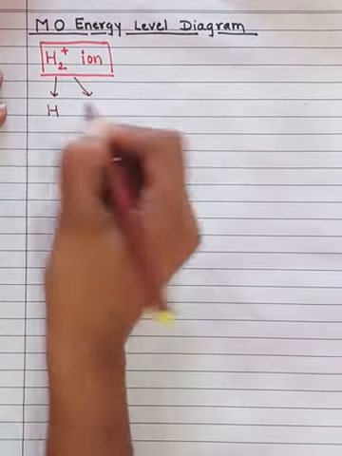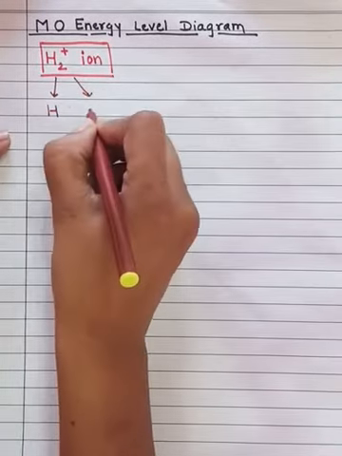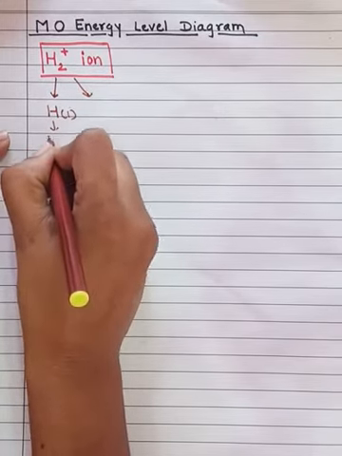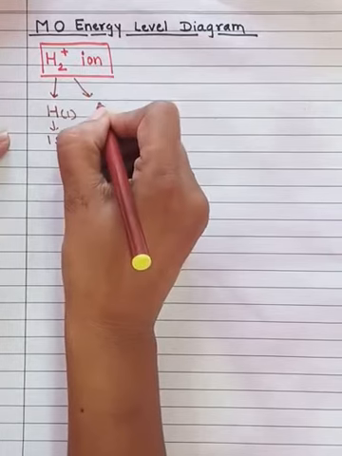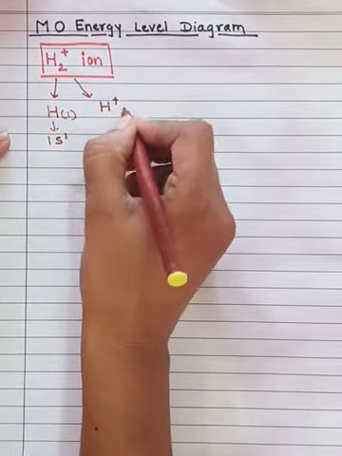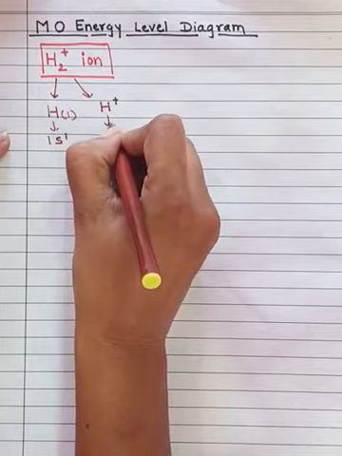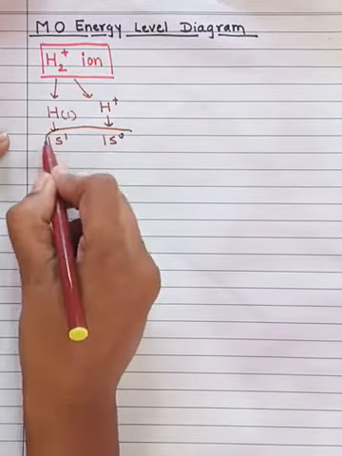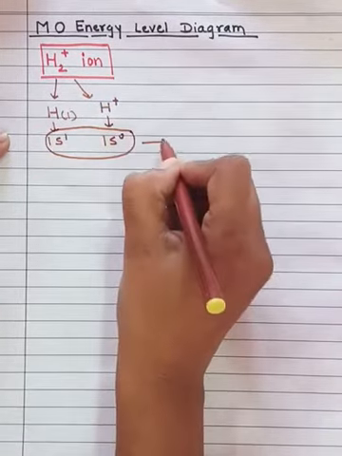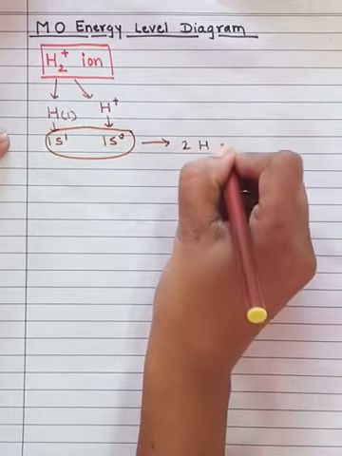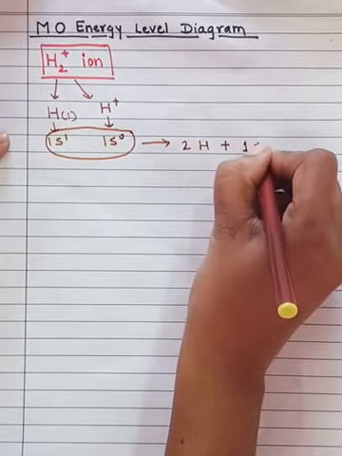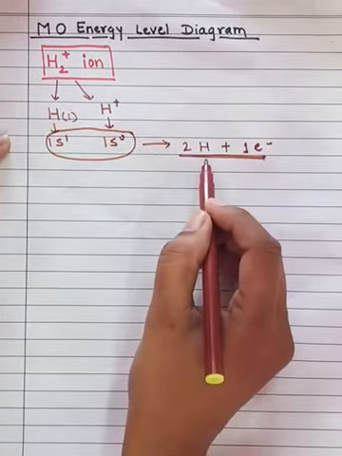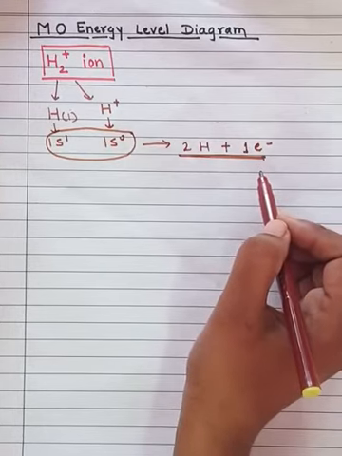It consists of two hydrogen atoms. The first one is the hydrogen, which is having the atomic number 1. That's why the electronic configuration becomes 1s1. Whereas the second is the H plus ion. As it is having the H plus ion, the electronic configuration becomes 1s0, right? So in total we can say that this H2 plus ion consists of 2 hydrogen atoms and only a single electron, right? So this is the combination for the H2 plus ion.